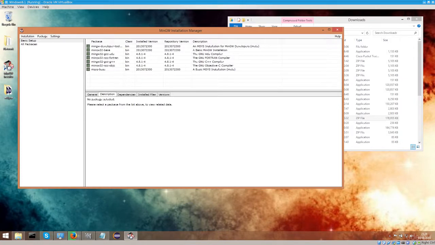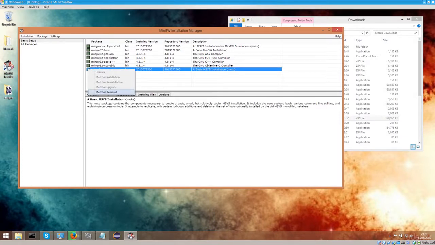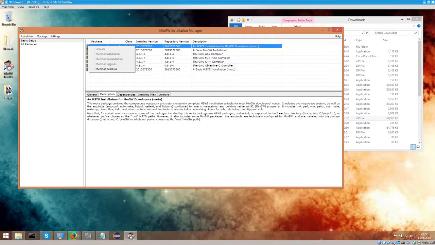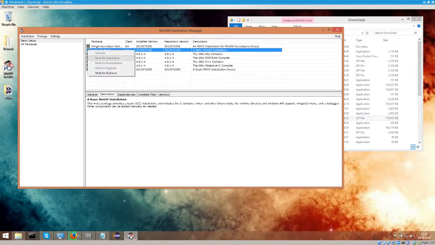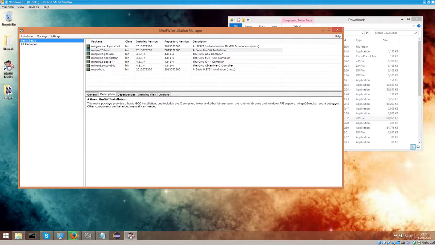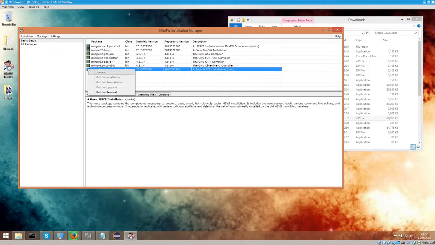Okay, so we are now in MinGW Installation Manager, and originally all of these are green, but they won't be for you. So all you need to do is right click on this and then go mark for installation. Click on that, it'll become green. Next one, mark for installation. Click all of them in that fashion. So once again, it's not going to be green for you, so just go ahead and right click on it, click on mark for installation,